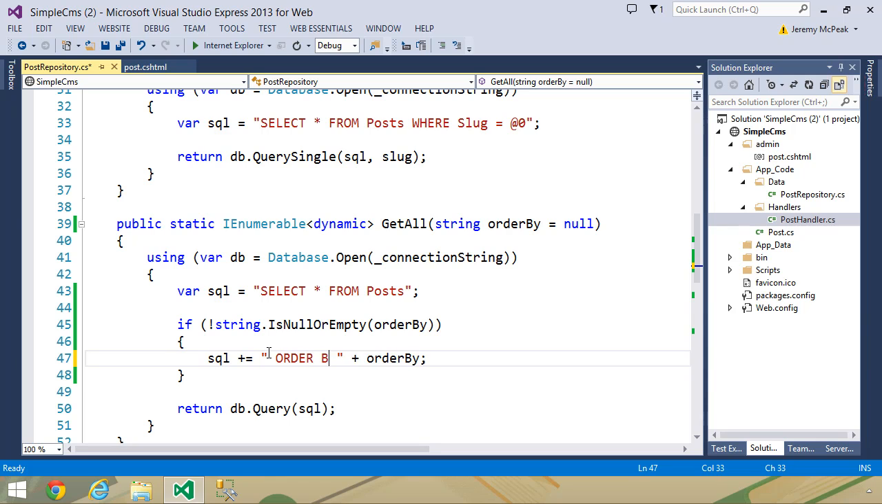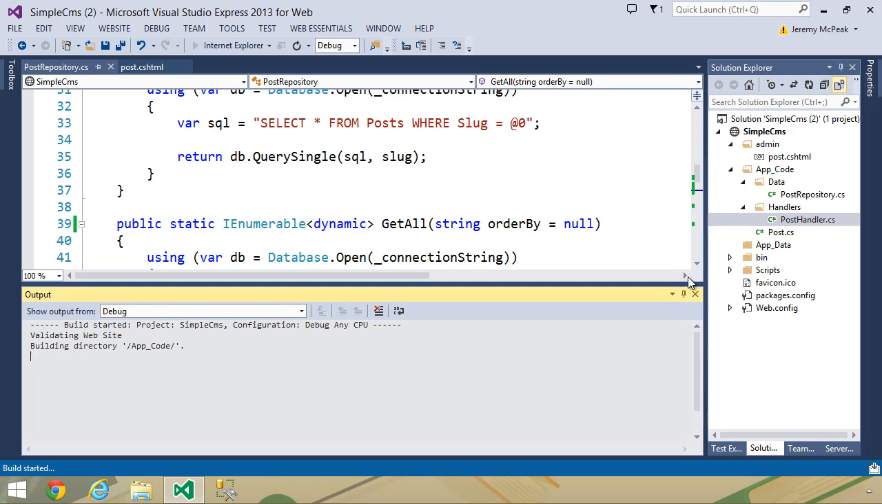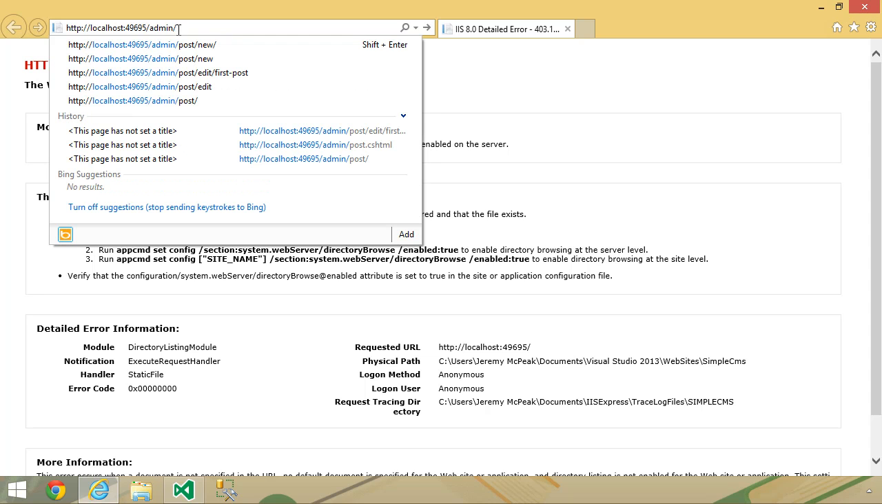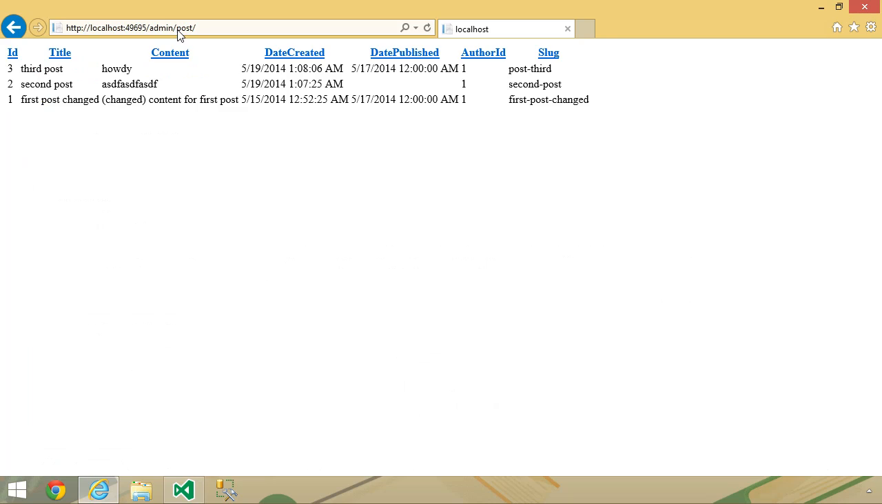And we will do order by and then the order by clause. That was a very silly mistake. So let's run this again, and we get no errors except for this 403 forbidden, which is normal. And then we want to go to admin and then post. Then we should see a table that has the ID, the title, the content, date created, date published, so on